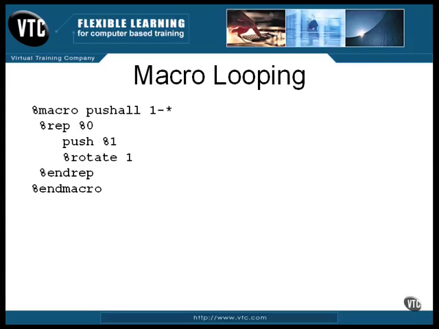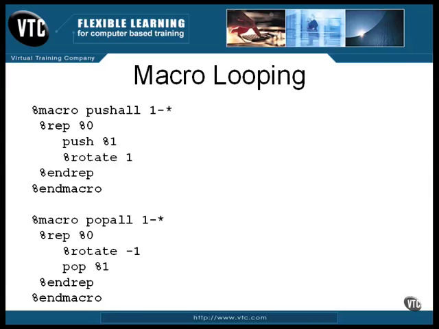Of course, this push macro needs a complementary pop macro. This macro will take the same arguments in the same order and pop them back off the stack. Again, you see the number of arguments on the REP command. The rotate command comes first and has a count of -1, which means the arguments will be rotated from left